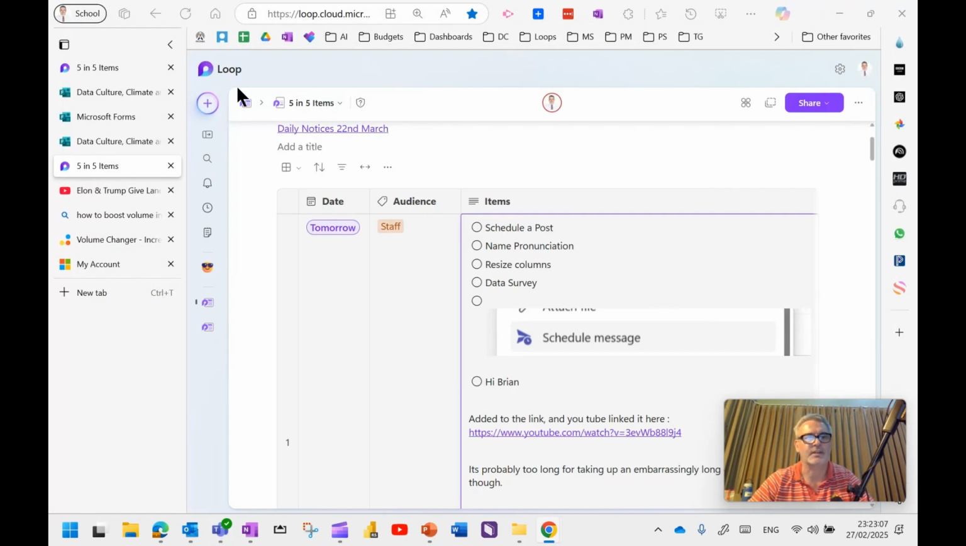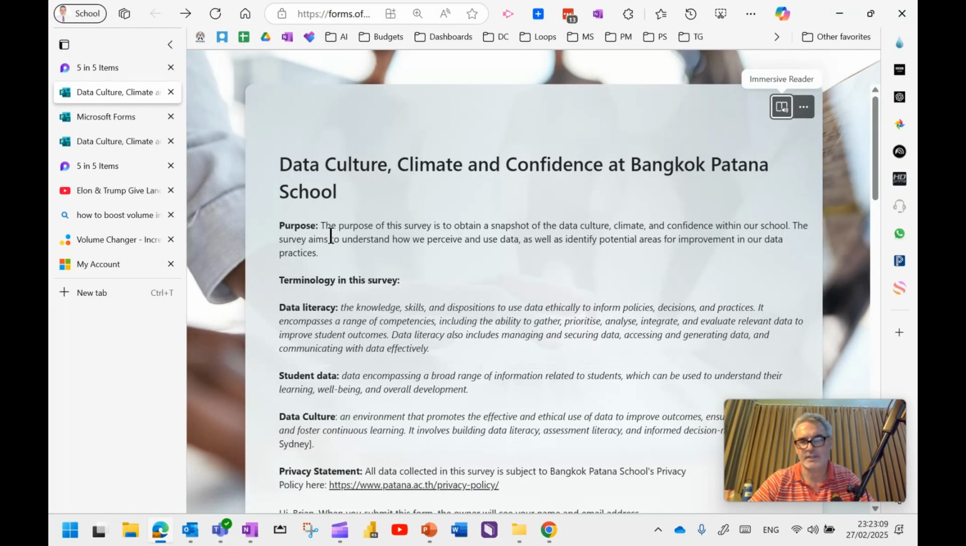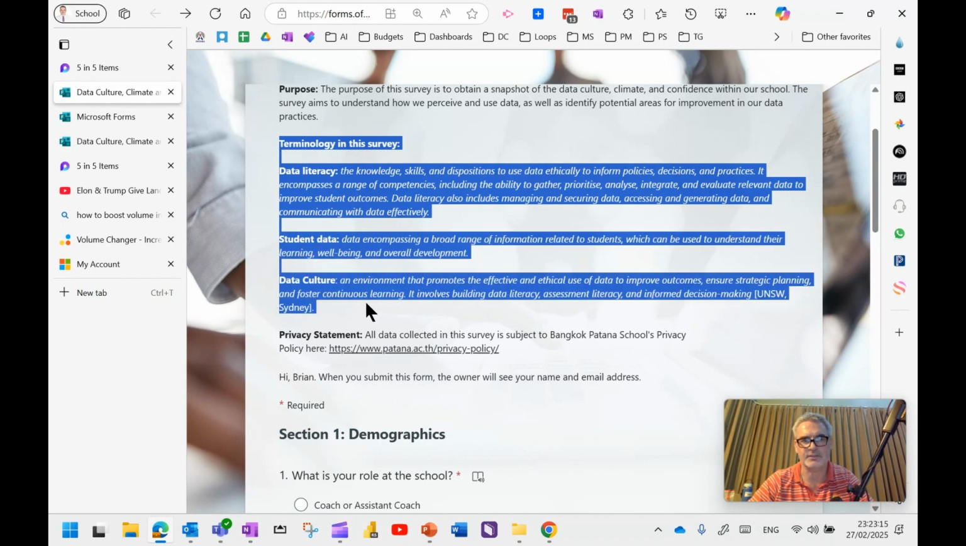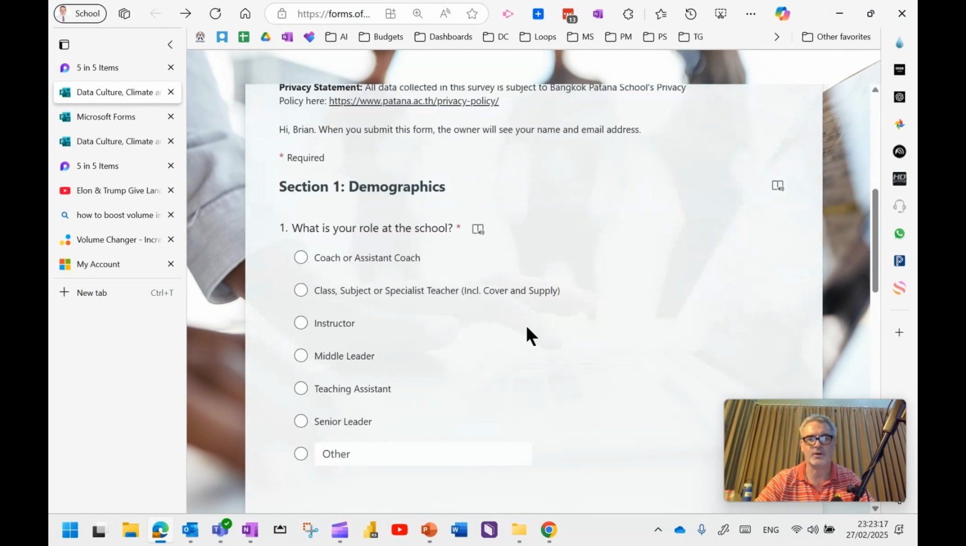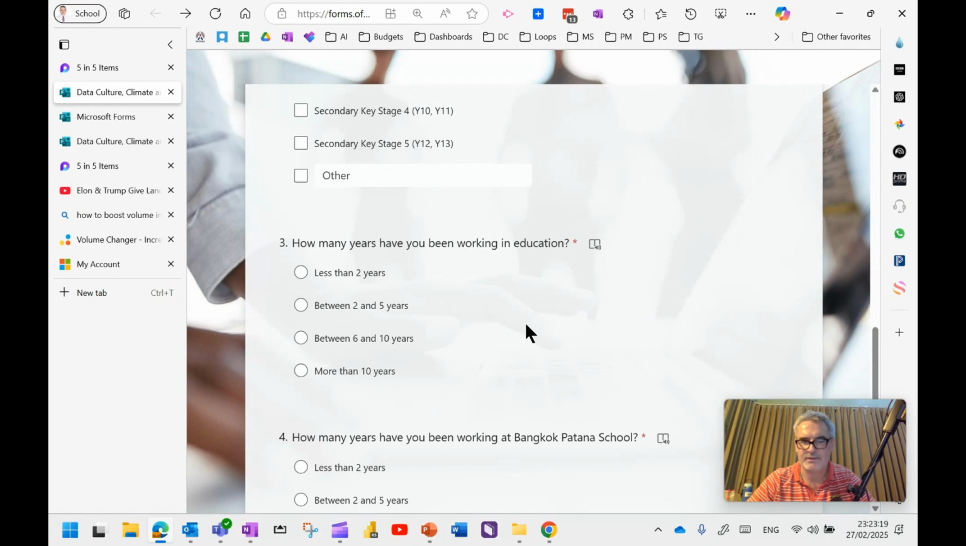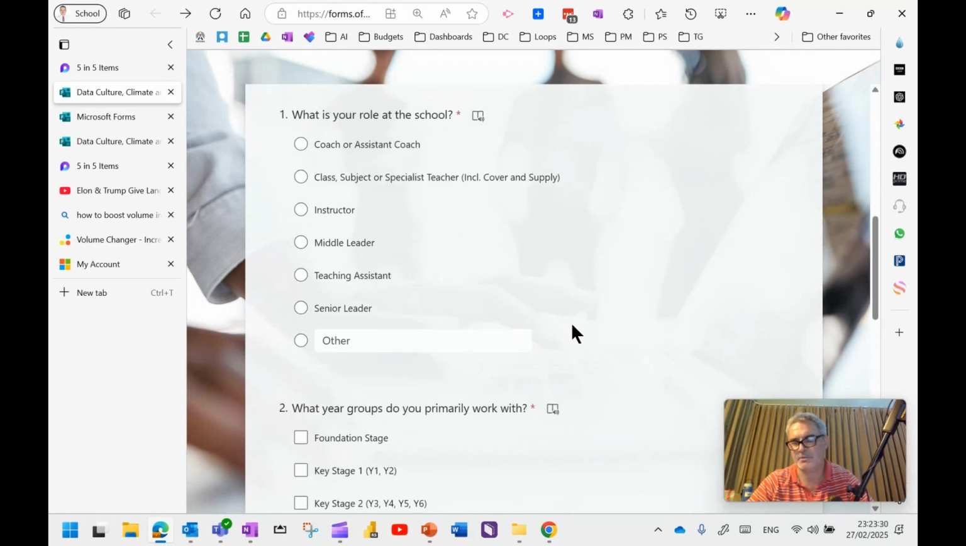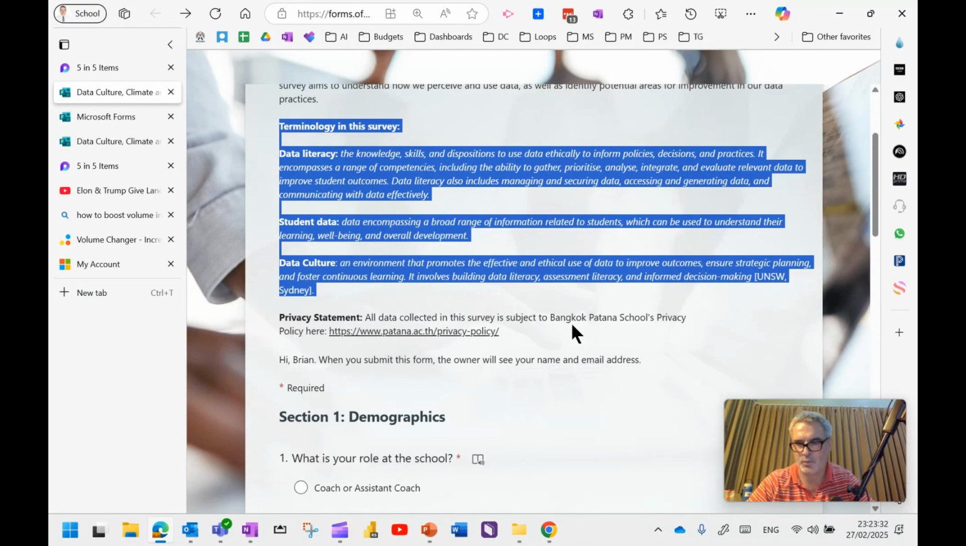If I just show you here, this is the data culture, climate and confidence survey, and there's some terminology in the survey, and it's at the start, it's got the definitions of what some of those words are. It shouldn't take you very long to be able to complete. Please do take a few minutes out of your day today to complete that survey, and then we can use all of the information from our community to help shape the future direction in which we go with data in